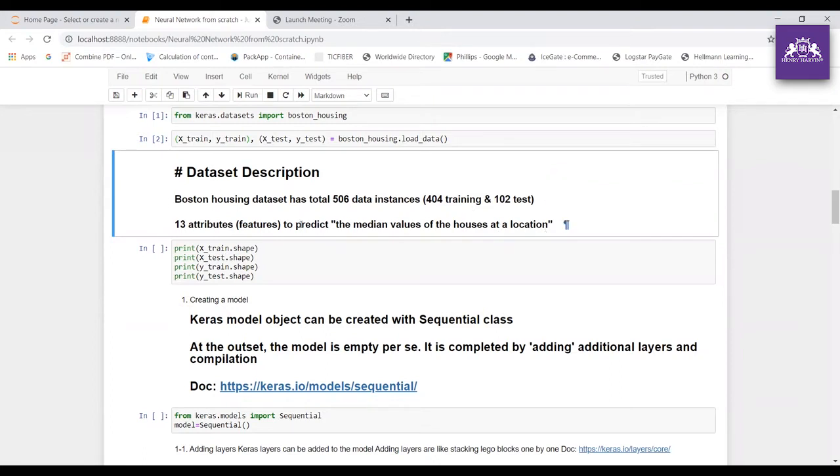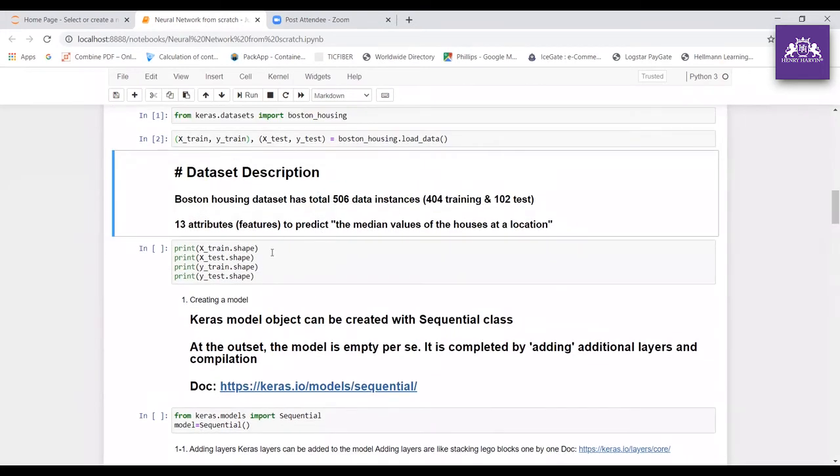Hope the data set is clear to you, right? So what are we trying to predict? We are trying to predict the median values of the house at a location, which means it's going to be a number. Since it is a numerical output, it is a regression problem. And how many features are there? 13 features, and 404 training data and 102 test data in this Boston housing data set.